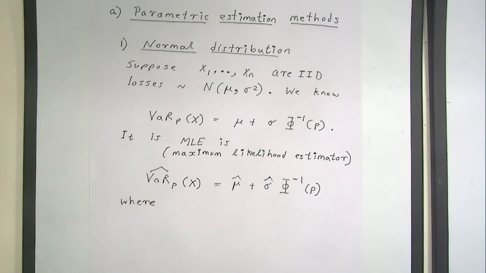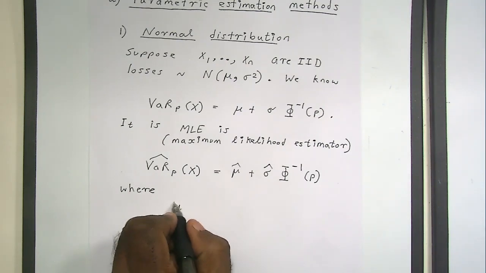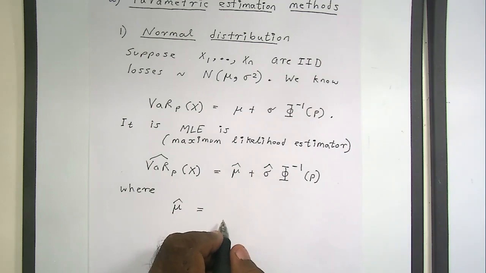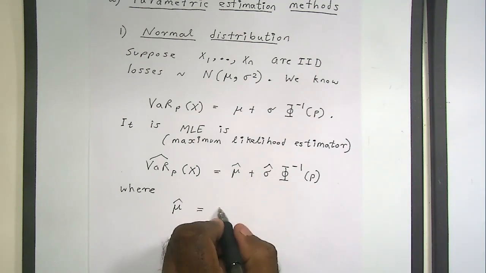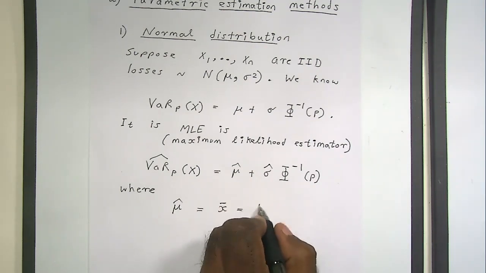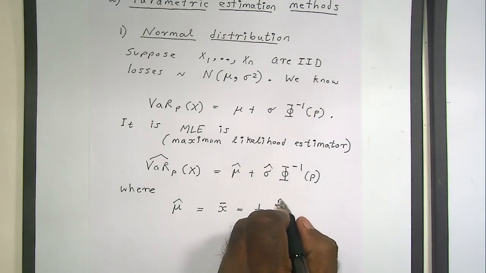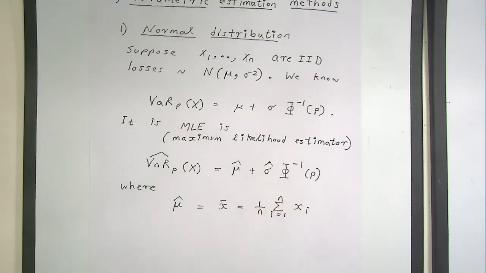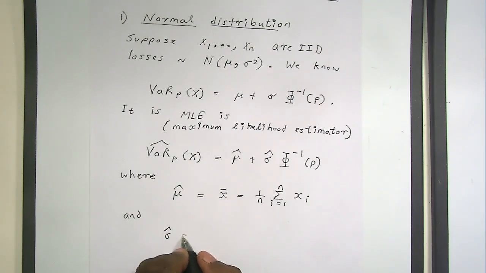Now, if you did Statistical Methods last year, I know some of you did that course, you would know what the MLE for mu is. What's the MLE for mu? You forgot, man. X bar, of course. Just kidding, just testing your memory. Okay. And the MLE for sigma squared is 1 over n